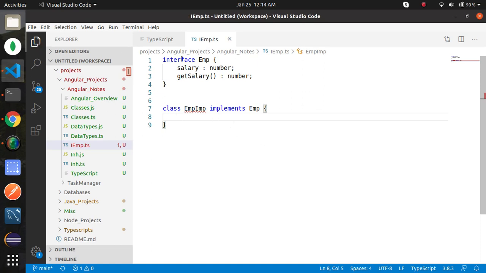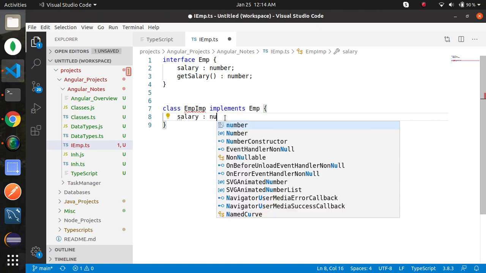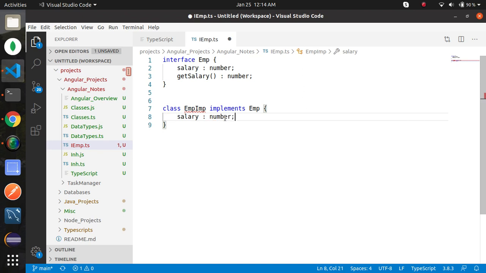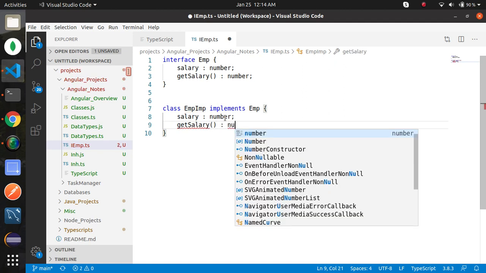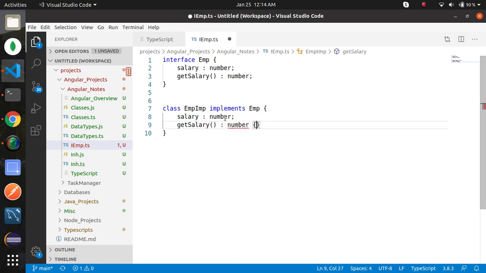To implement an interface, you need to use the keyword implements, and both should have the same properties and methods. Now use salary, number, and get salary, number, return salary.